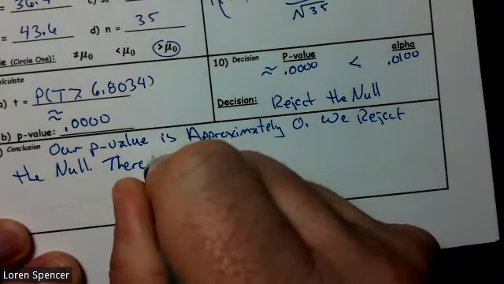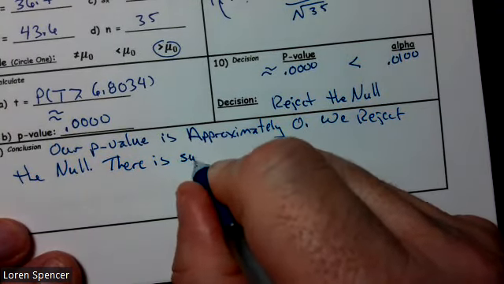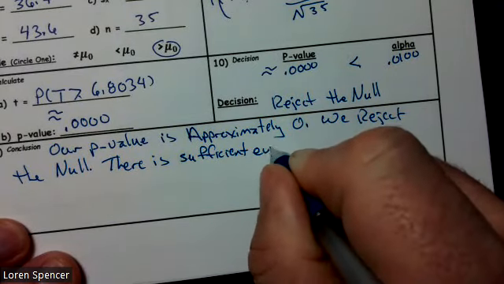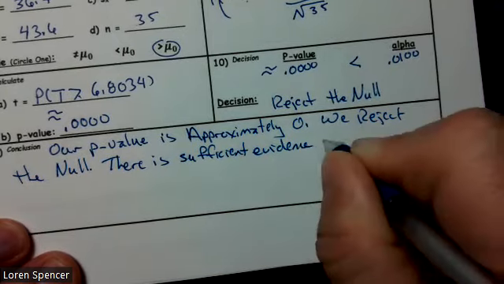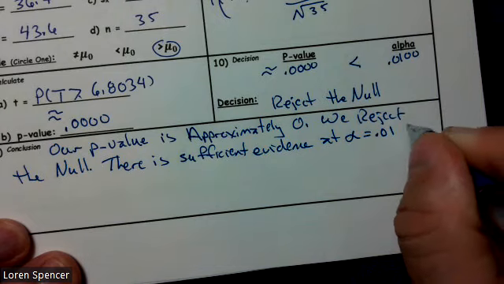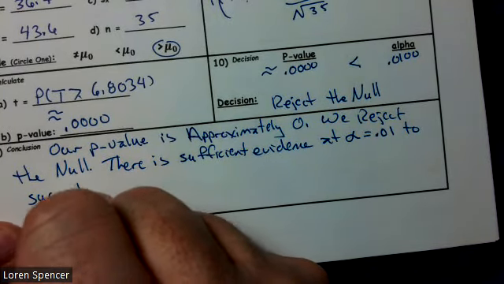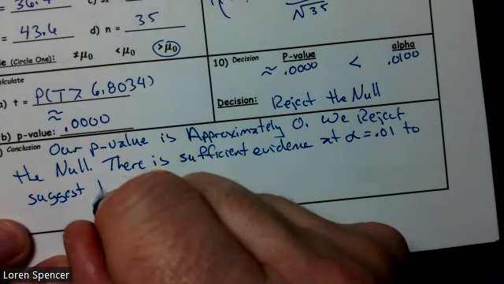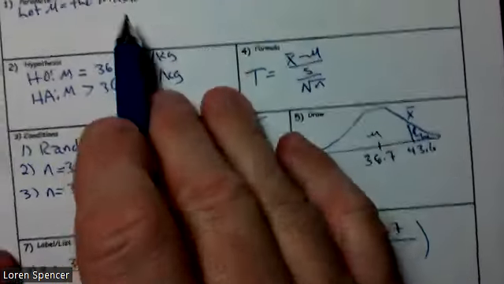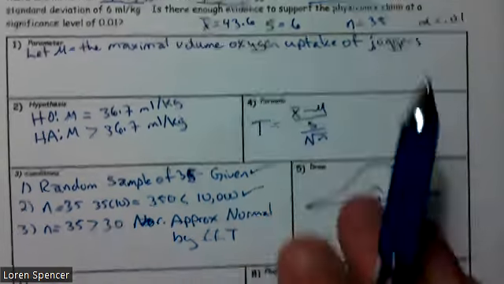There is sufficient evidence at alpha equal 0.01 to suggest that we need to redefine our parameter, and our parameter was the maximal volume of oxygen uptake of joggers,